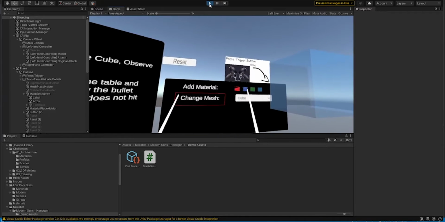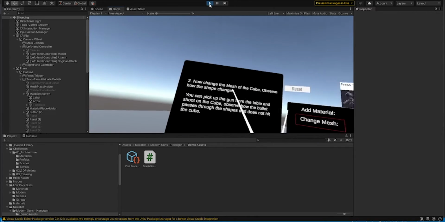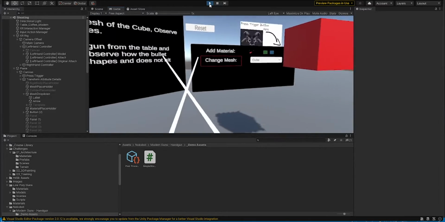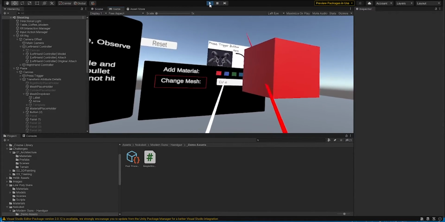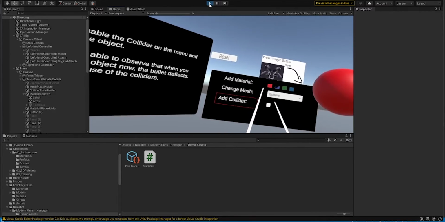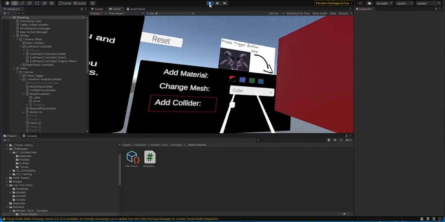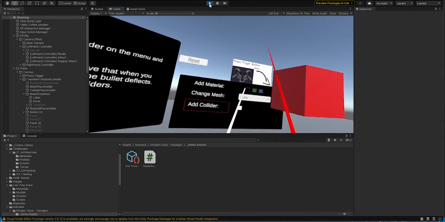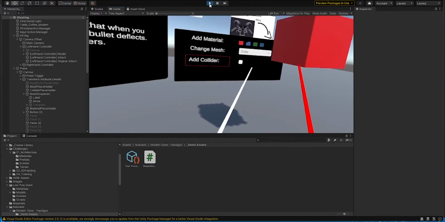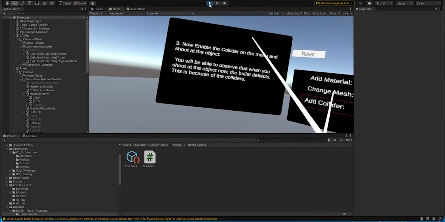By following the instructions you can actually see how the material is being changed over here, and then you can change the mesh also of the particular object over here. So we can change it to any of the other meshes, and you can see that it's the same object, it's not a different object. So inside this particular object, we are just changing the mesh currently, and then we can just add a collider based on the